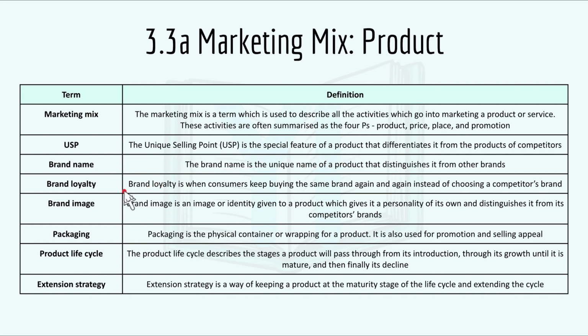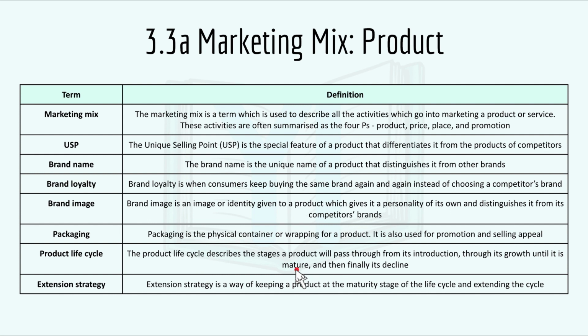Brand loyalty is when consumers keep buying the same brand again and again instead of choosing a competitor's brand. And brand image is an image or identity given to a product which gives it a personality of its own and distinguishes it from its competitors' brands. And packaging is a physical container or wrapping for a product, and it's also used for promotion and selling appeal. And product lifecycle describes the stages a product will pass through from its introduction, through its growth until it is mature,